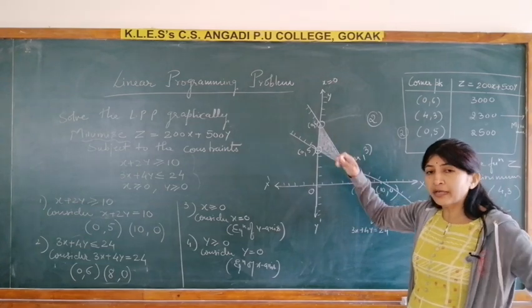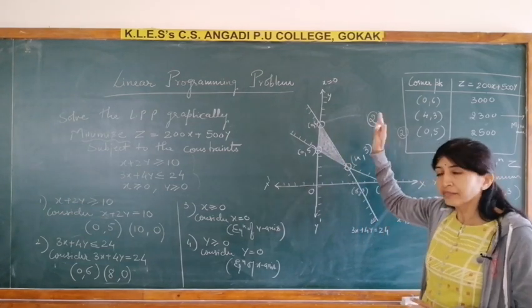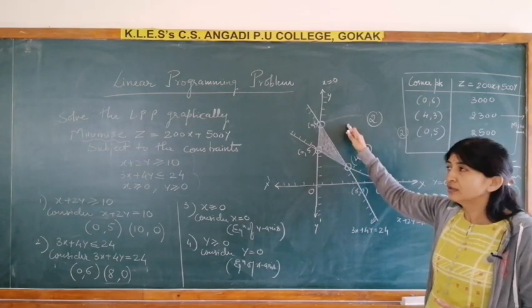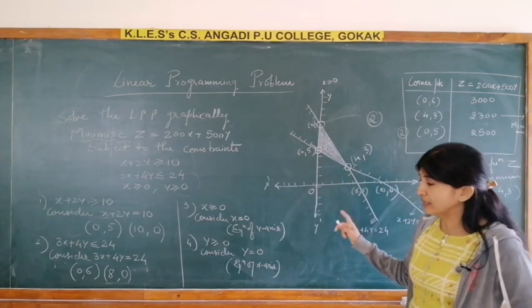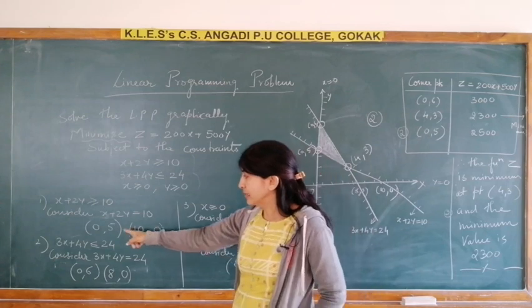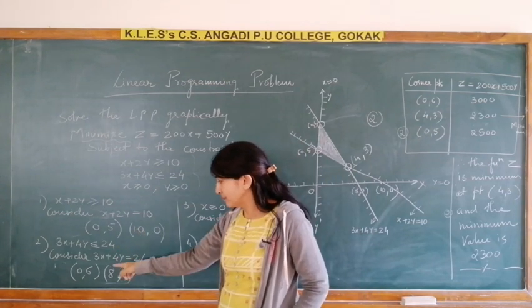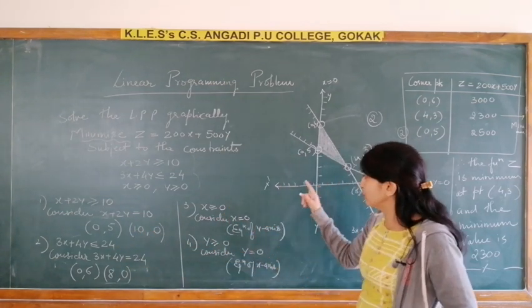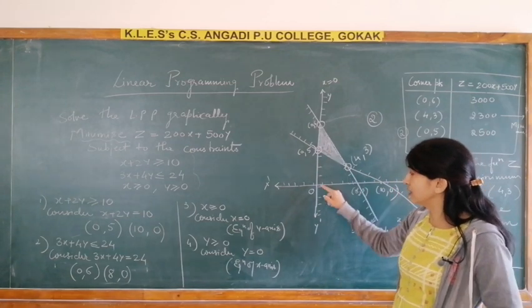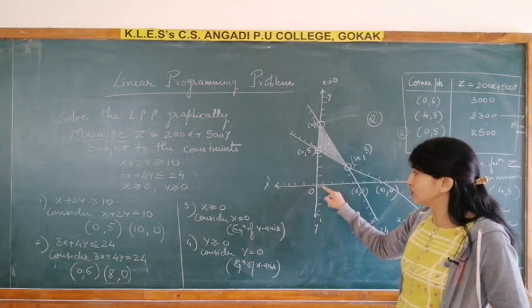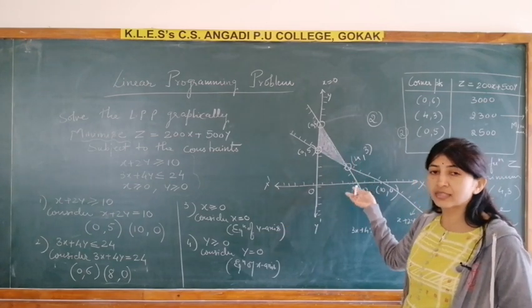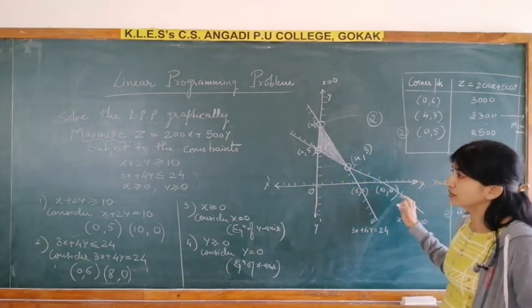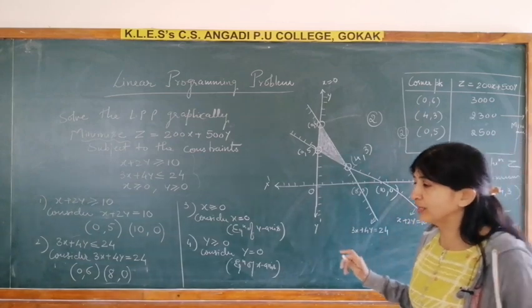Use completely whatever graph paper is given, use the full graph paper and take the scales properly here. So for taking the scales, always see the points 0, 5, 10. The numbers are in single digits. So you can take 0, 1, 2, 3 here, minus 1, minus 2 here, 1, 2, 3 like this. So according to the points you have to arrange the scale and draw. So this is about the graph. I will take one more example.